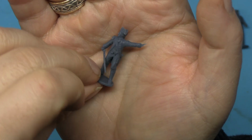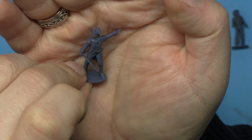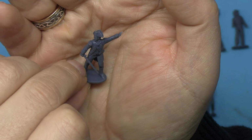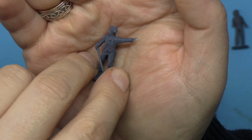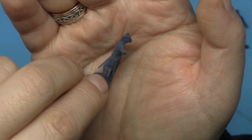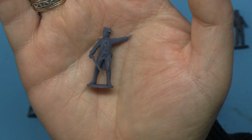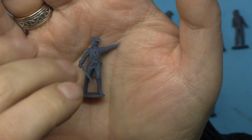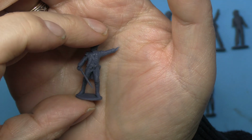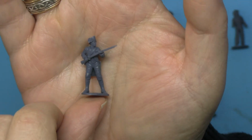These are really, really nice. I mean, the sword is nicely done. All the decoration on the uniform is nicely done. The moulding, or printing, I should say, is really, really crisp. And when you come to paint these up, they will look absolutely superb. Now, I will be doing a separate video where we look at how to paint these figures and get the very, very best out of them. But they are absolutely